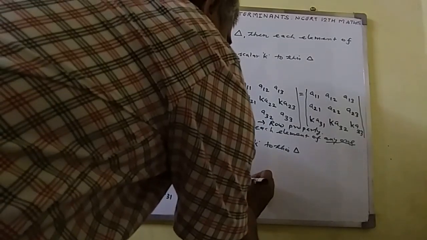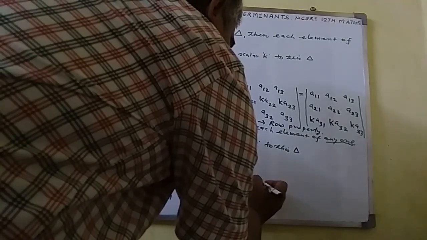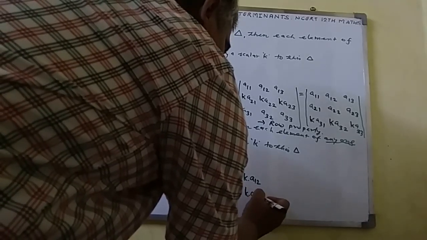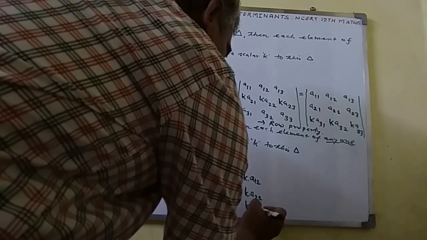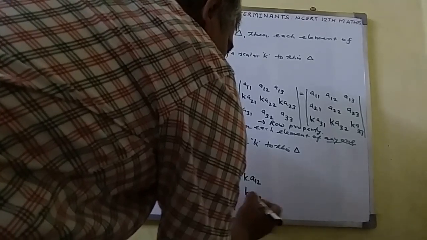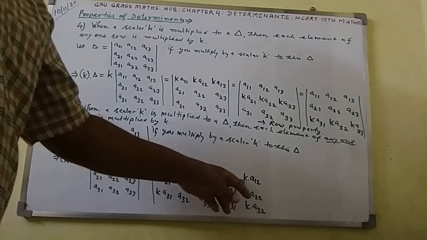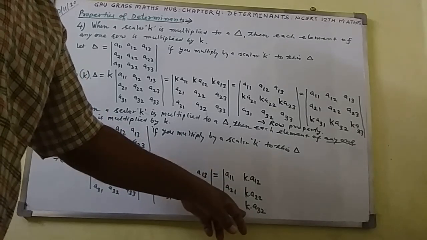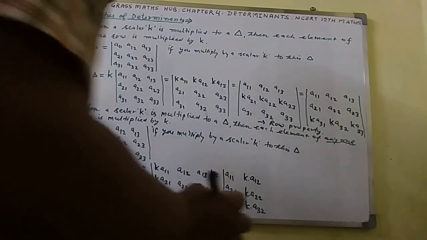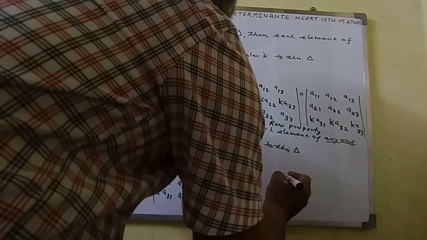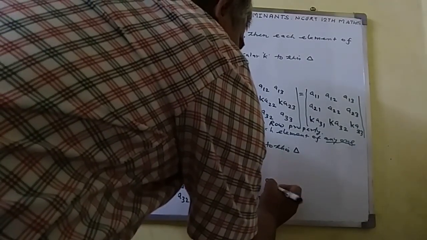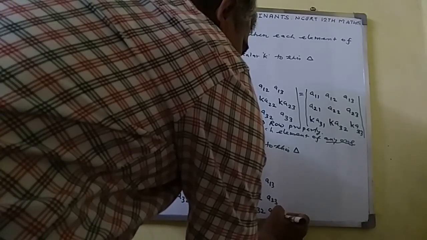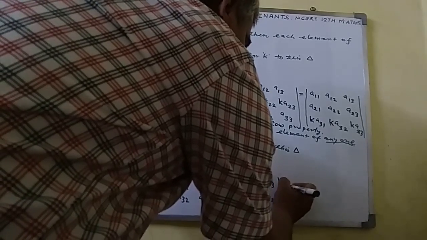So here it will become k a12, k a22, k a32. The elements of the third column will be a13, a23, a33